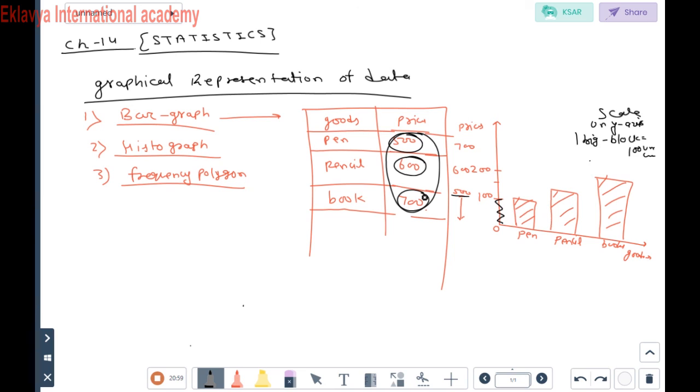Second is that histogram. What is the difference between a bar graph and a histogram? Histogram is the continuous representation of data in the form of bars. Meaning, if in bar graph we remove that space, ये space क्या कर दिया आपने? remove कर दिया. That converts into continuous form and that is known as the histogram. So how is a bar graph converted into the histogram, students? If the space between bars becomes 0, meaning the bar graph becomes continuous, then that is called the histogram. So now second we will discuss the